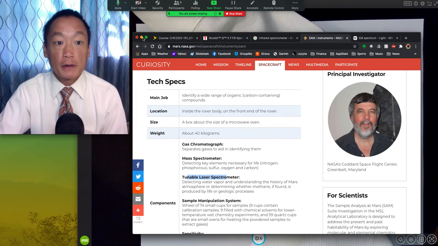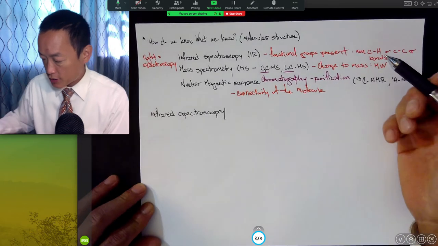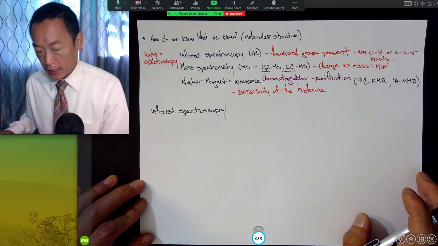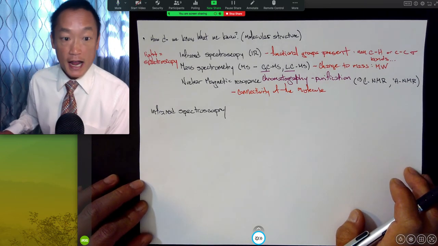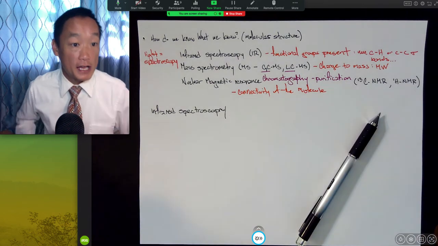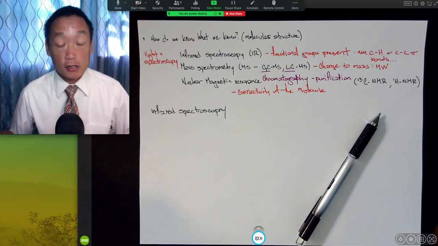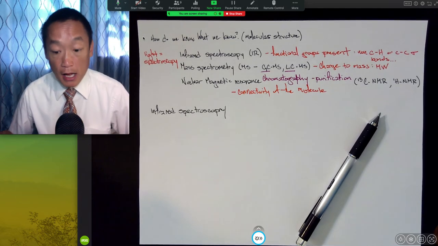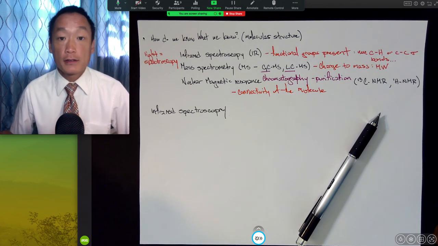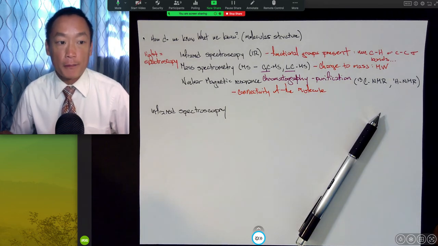Let's talk a little bit more about how IR works. Infrared spectroscopy uses the wavelength of light that is at that region in a molecule where the bonds are. Every bond in a molecule has its own energy. And what type of theory did you learn that talks about the energy that a molecule has? Molecular orbital theory is the only theory that you know that contains information about the energy of a molecule.